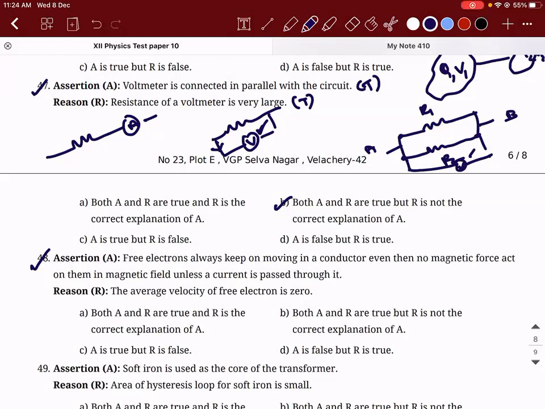So basically, you learned about the concept of galvanometer being converted to voltmeter and ammeter, right? All these devices work on the same principle. When current is flowing through them, they're going to show some deflection. The pointer's deflection is a mechanical property. How will something rotate? By experiencing torque. How will you generate torque using a magnetic field? By passing some amount of current through it. You're able to understand? Yes, sir. So all these devices work on the same principle. But what you do is, across all these devices, you keep changing the value of resistances so that one device can work as an ammeter and one can work as a voltmeter. Okay, sir.